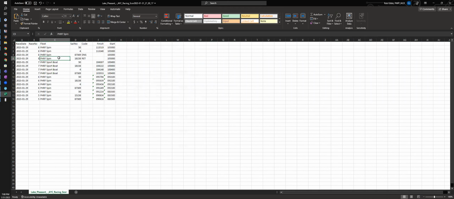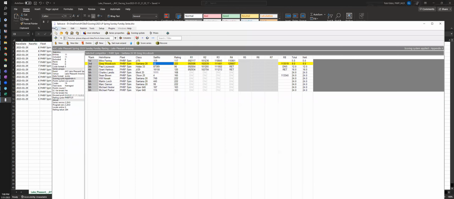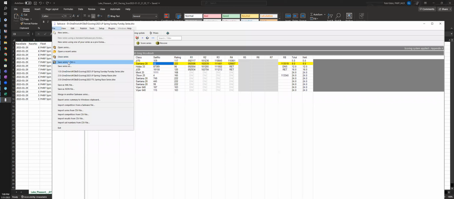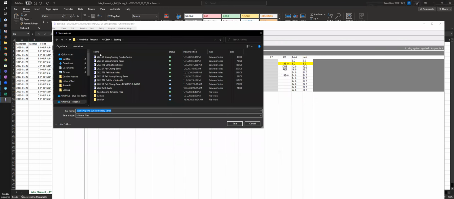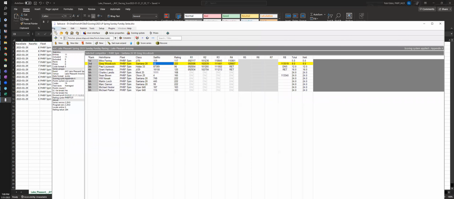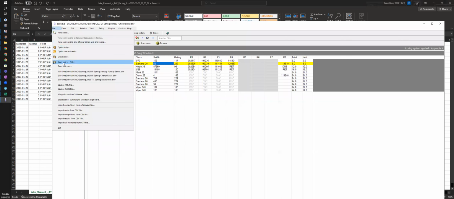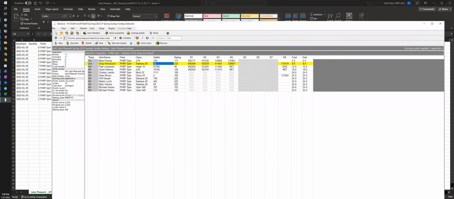I see. So here's the problem. The fleet was entered incorrectly. Now it's going to go just fine. Okay, so file, save series, oops, file, save series,